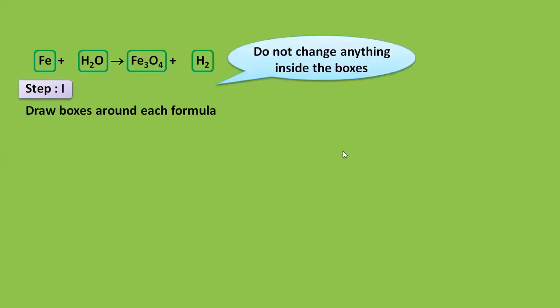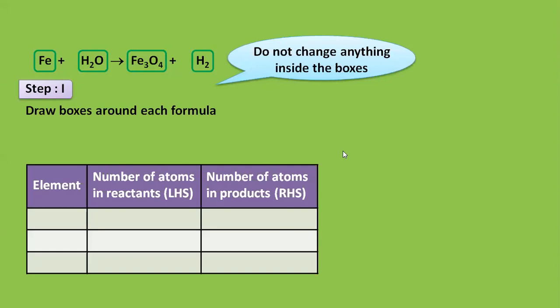Next, if this is the first step, ma'am, what do we do? We are not going to change anything inside the box. The next step, you are supposed to make this table. If, my dear students, the question in the exam is for 3 marks, if balancing a chemical equation is asked to you for 3 marks, you are expected to draw this table and then answer the question. It might be a possibility that in the exam, they might ask you a 3-mark question for balancing. At that time, you're expected to draw the table and then give the answer.